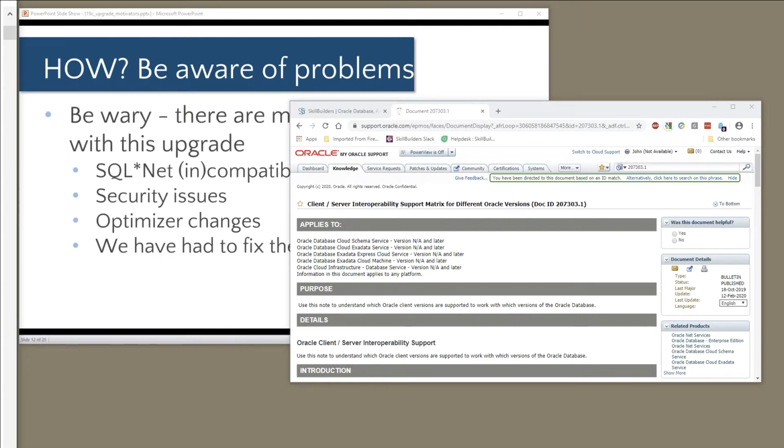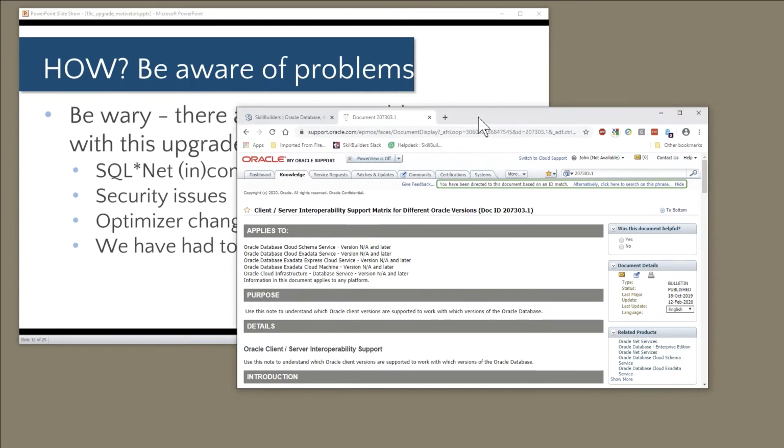One particular problem I've had to deal with a few times, and you must be aware of this when you upgrade, is to do with the way Oracle has changed the use of secure sockets digital certificates. For example, if you look at,